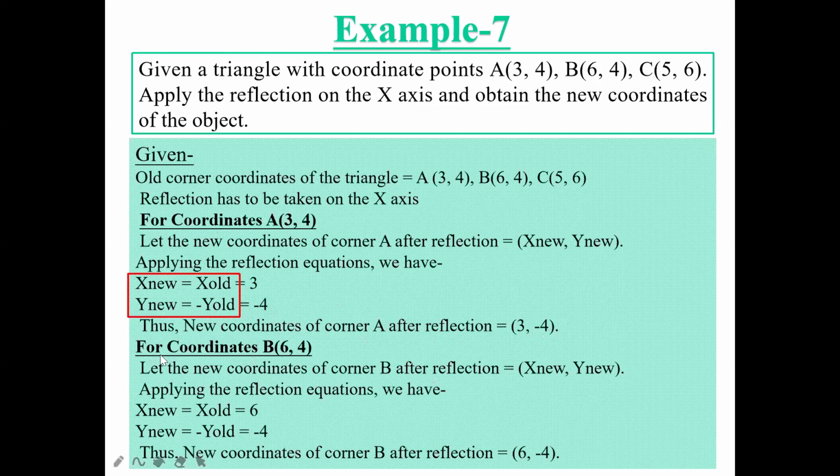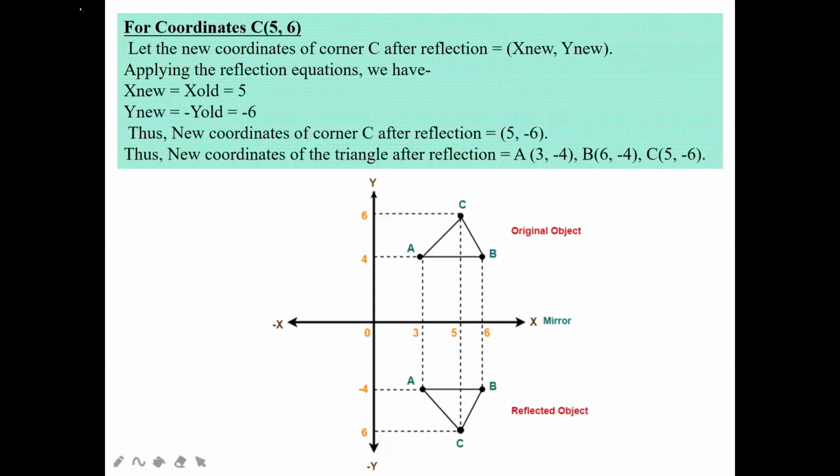Similarly, you have to find out the coordinates for B, and then the coordinates of C also. Okay, once you have done with that, you have to write the total triangle's coordinate values after reflection, where the A value will be this much, B will be this much, C will be this much. Then you have to represent it on a graph paper. You have to take x and y and z axis, or if you are doing it in a 2D plane, that is also fine. So for point A, you know the value they have given, 3 comma 4, you have to represent. B value you have to represent. C value you have to represent.